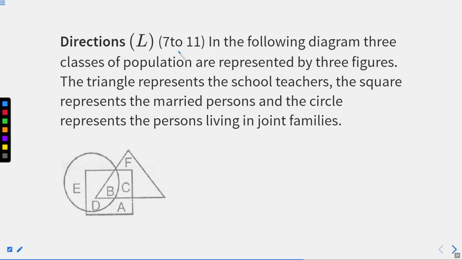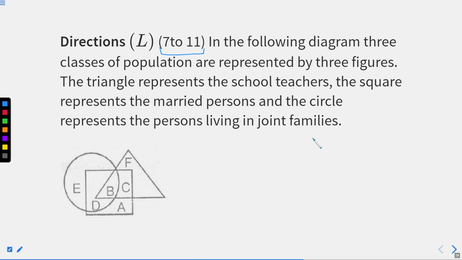Now we'll follow the instructions given till question number 11, right? So first for that we will read and make sure. Now this is a different kind of question where we are not using only circles, we are using squares as well as triangles. This is a totally different question, and a totally different procedure will be followed to solve it. So make sure to note the procedure that I am following, right? So the first thing is to read.